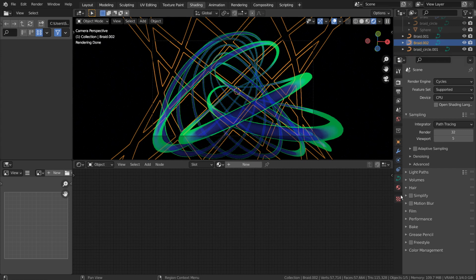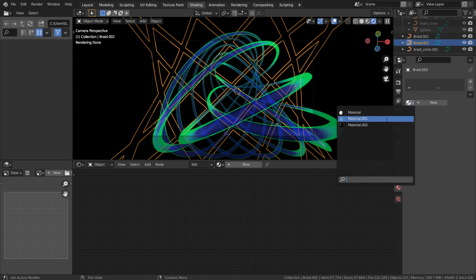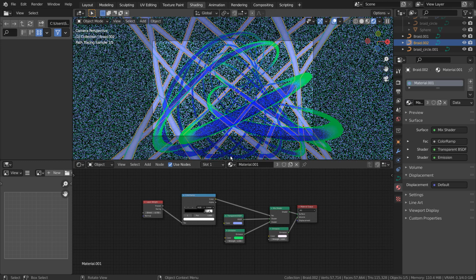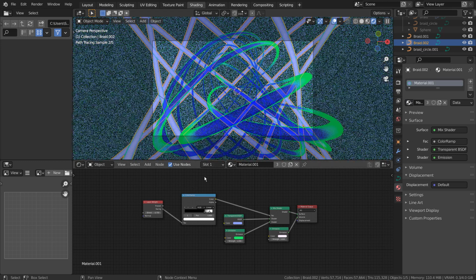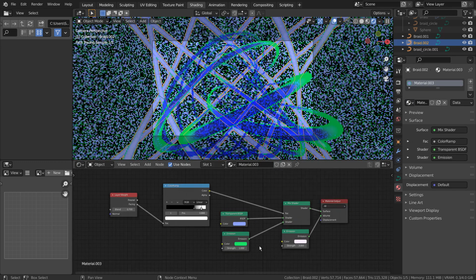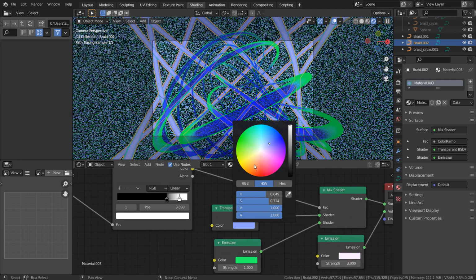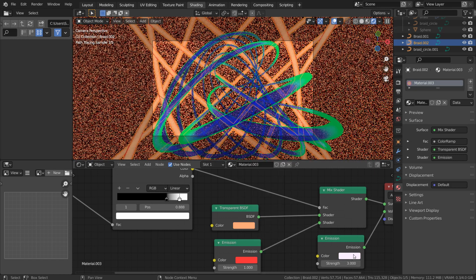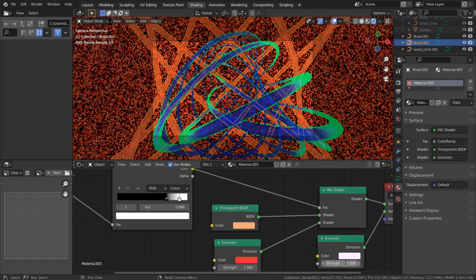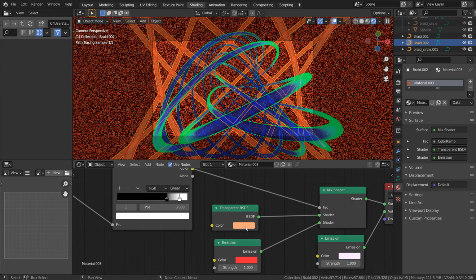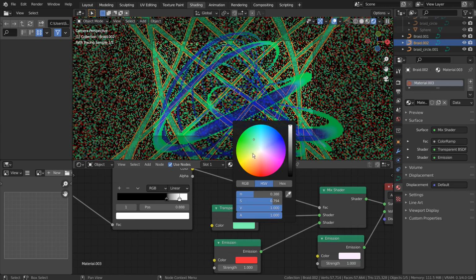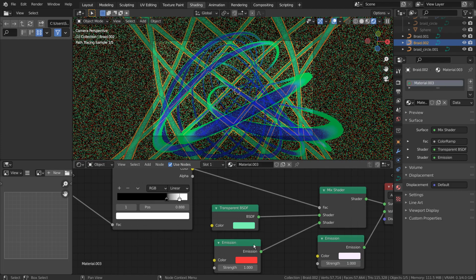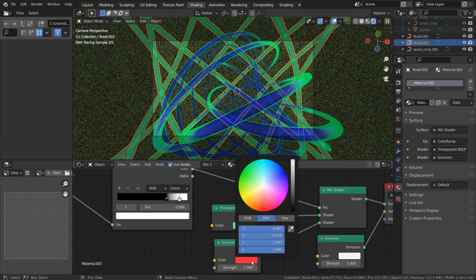For the outer knot, I'll use the same material, make it unique, and apply different colors. Please feel free to experiment with different color combinations.